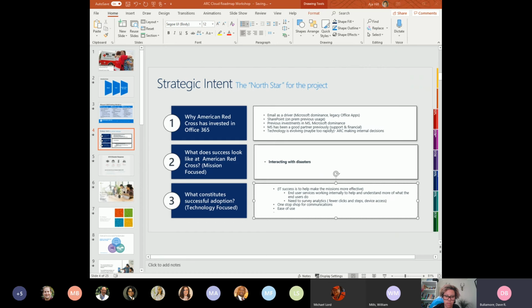The other thing related to the mission is, are we doing things in such a way that we're incentivizing volunteers and staff to remain and say that the Red Cross is making good use of technology? It sounds like the example that Karen brought up, folks are just simply not aware that they can do much the same as they're already doing with some other tools.